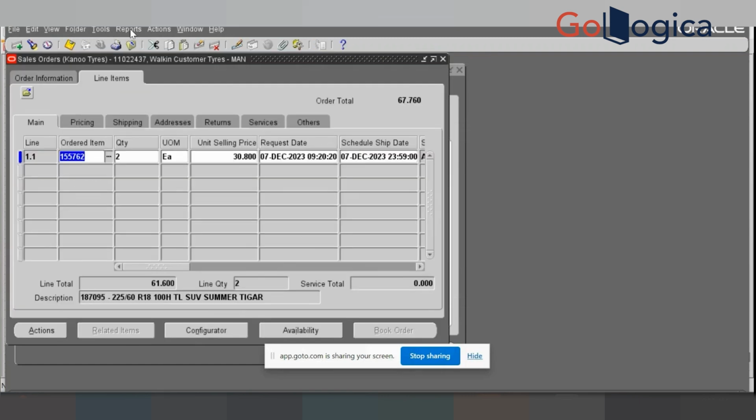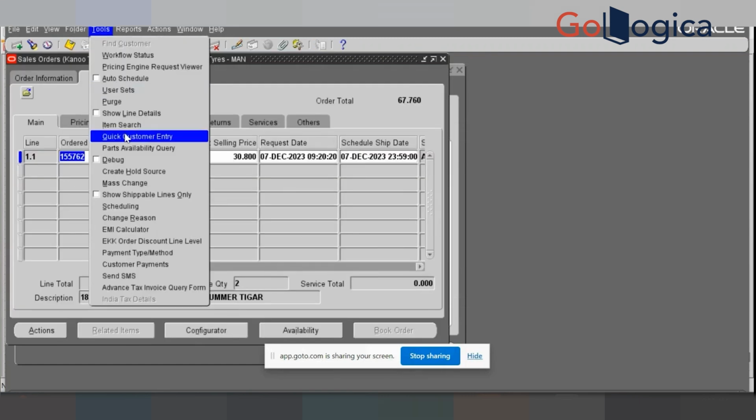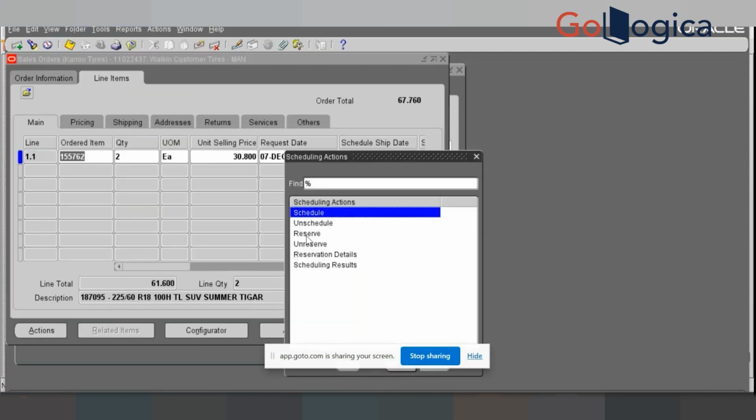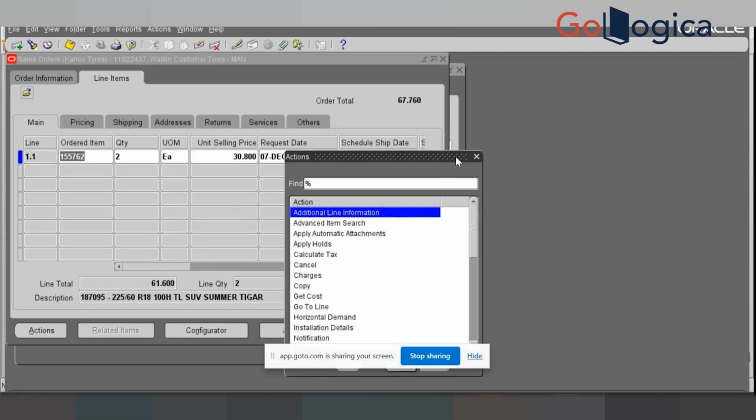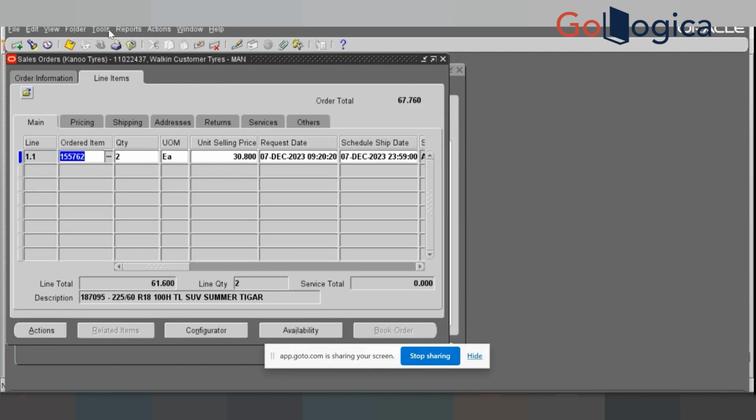Now, what we have discussed yesterday is for the scheduling part, right? Reservations. Yes. This is a lot controlled item. This item is reserved now. When we go again for the scheduling